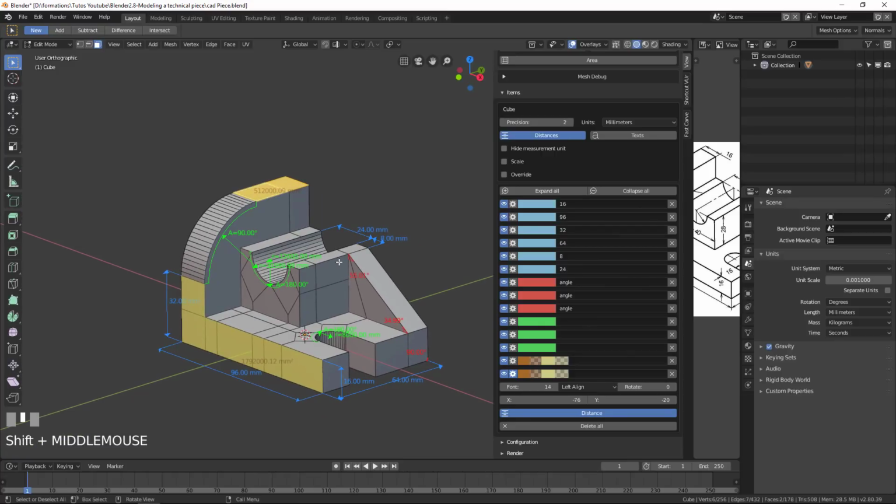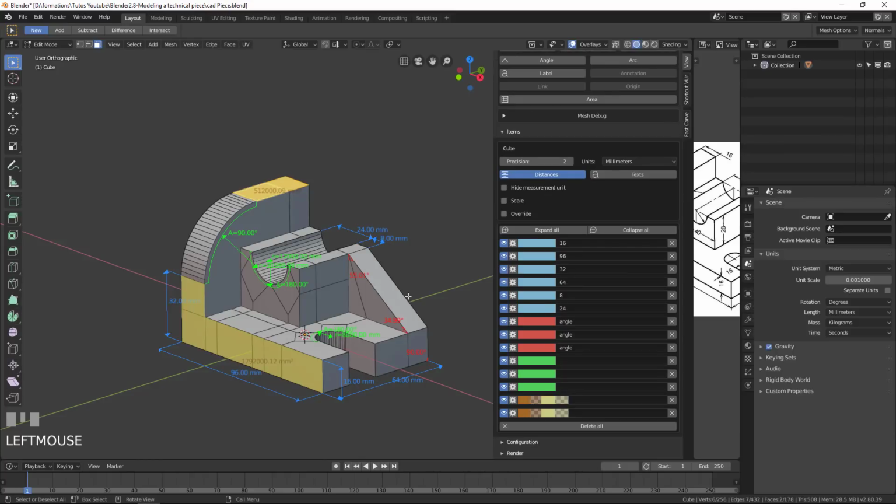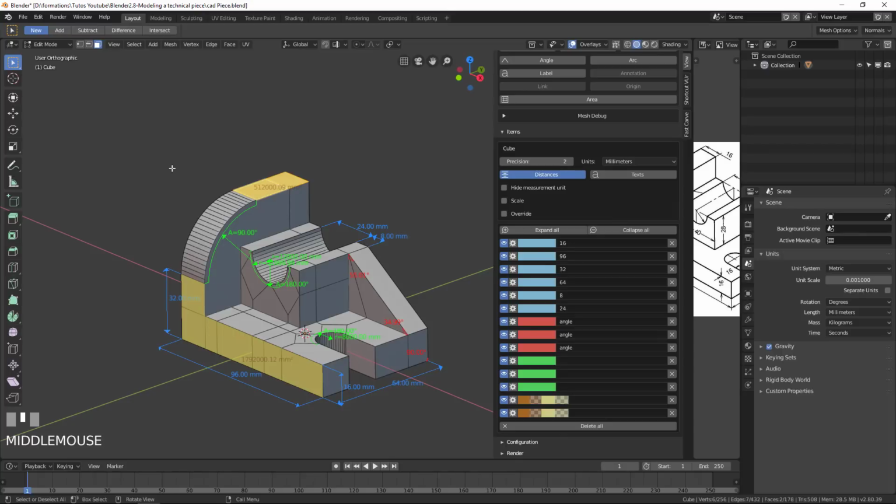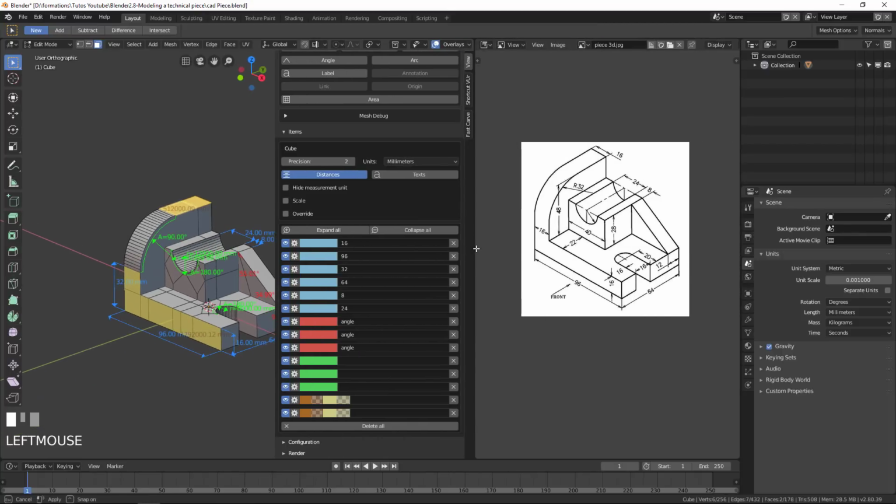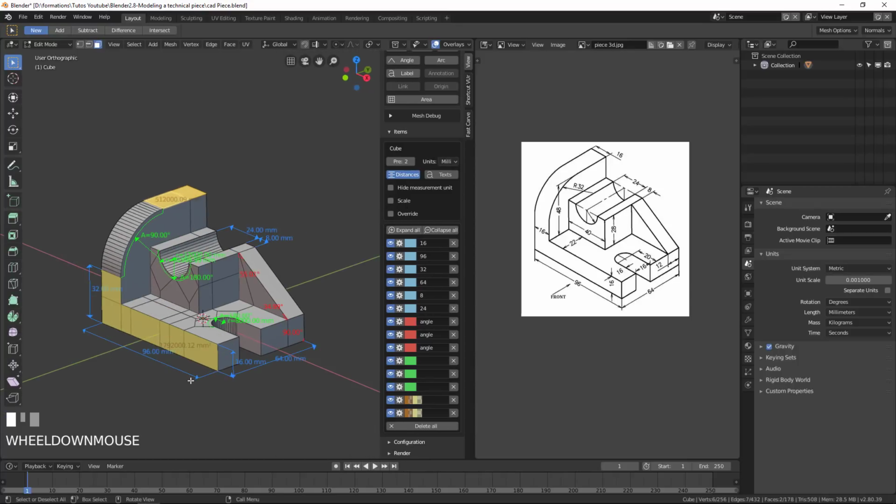Okay, so basically it's this kind of workflow that you will use to add measurements into your 3D view, but you can render it too, and it's really helpful, because if you want to export this into a 2D document, like an image or a file or whatever, you cannot do it just like that. Or you could for example make a screenshot of what you have into the 3D view, but when you just make a render here, nothing will appear into your render. So you have to set up a little